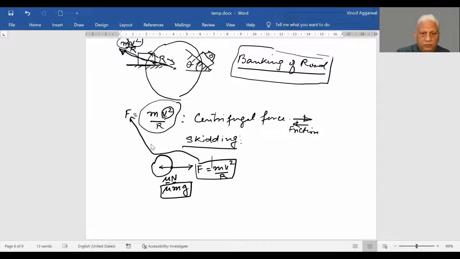So this is one force, this is another force. So long as this force is less than this force, there will be no skidding, till they become equal, which means this is the end point. If you increase your velocity even slightly more, you'll start skidding because this frictional force will not save you. So for a non-banked road, the highest velocity you can go is